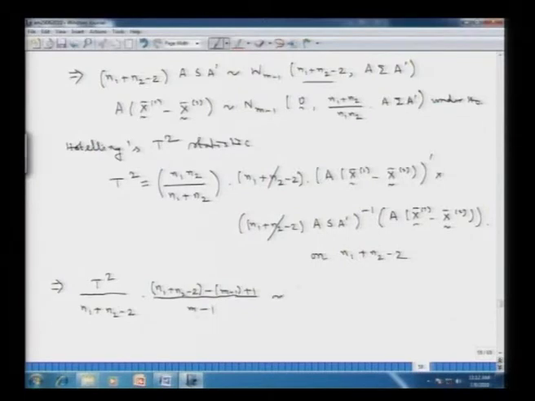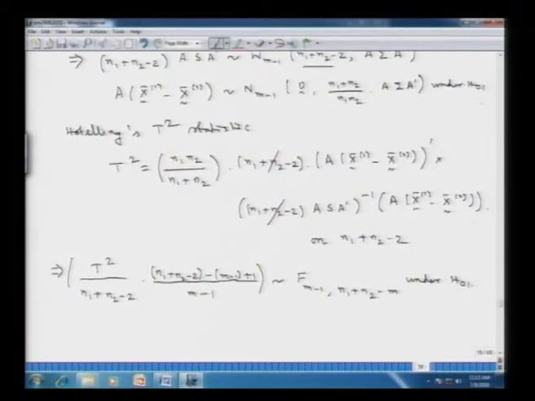Now, this will follow a central F distribution under the null hypothesis with the degrees of freedom as m minus 1, and whatever this comes. So, this is going to be n1 plus n2. So, this 2 cancels out with this plus 1 here and another plus 1 out here. So, we will have n1 plus n2 minus m, this under the null hypothesis H naught, right. So, since we have the null distribution of T square multiplied by this particular constant to follow a central F distribution on m minus 1, n1 plus n2 minus m degrees of freedom,